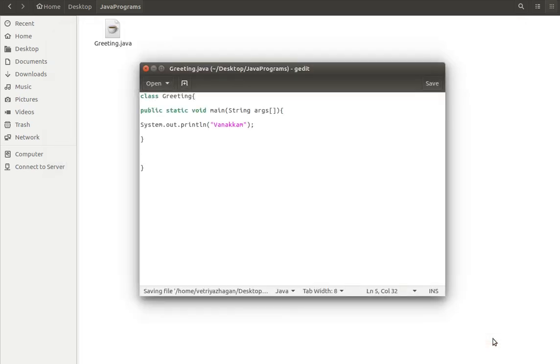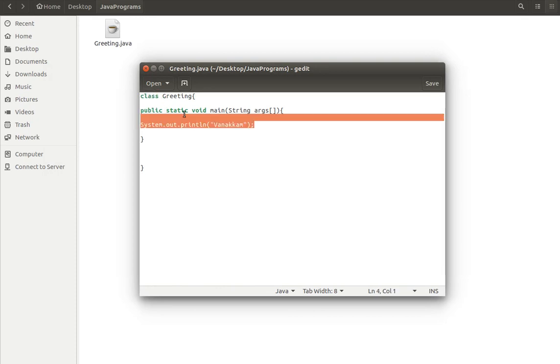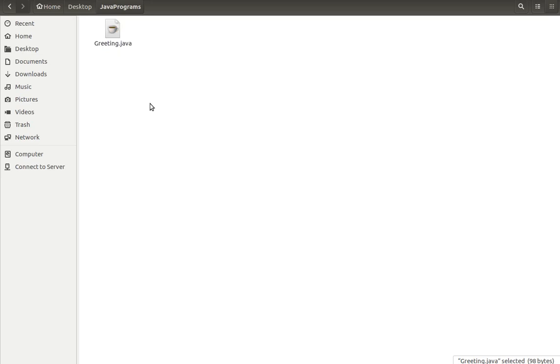So we're going to save it now. Look at this, it is saved. The moment it's saved, these are highlighted in green color, which means these are keywords, reserved words. Public static void, these are reserved words, right? So the text is highlighted this way by the text editor, and there are many text editors available. Now within this folder, a file is created and it is a Java file. Very clear, no doubt on this.